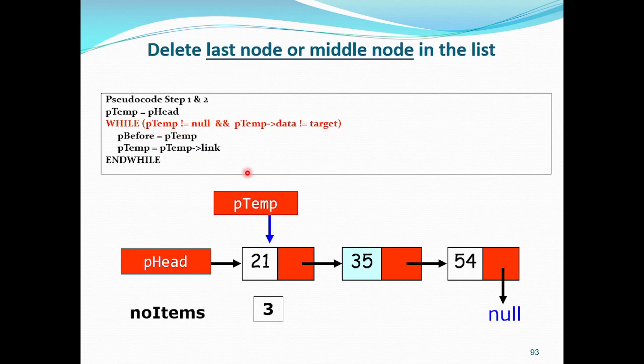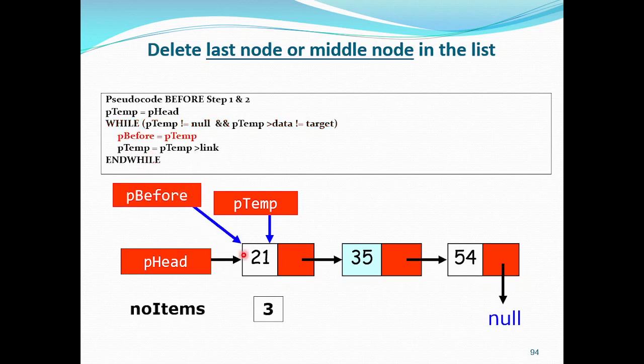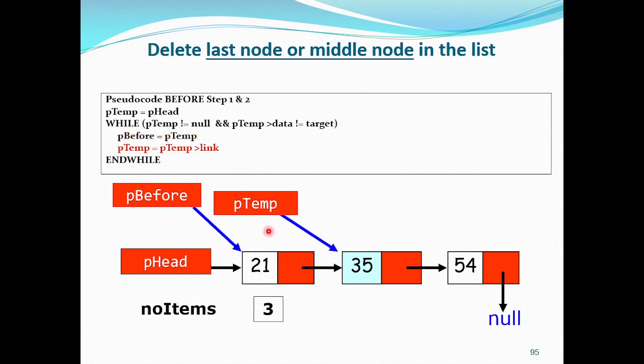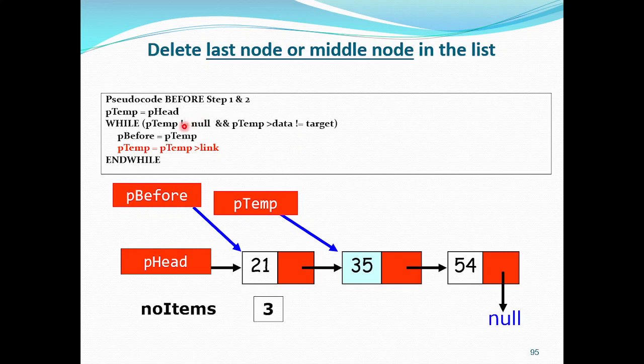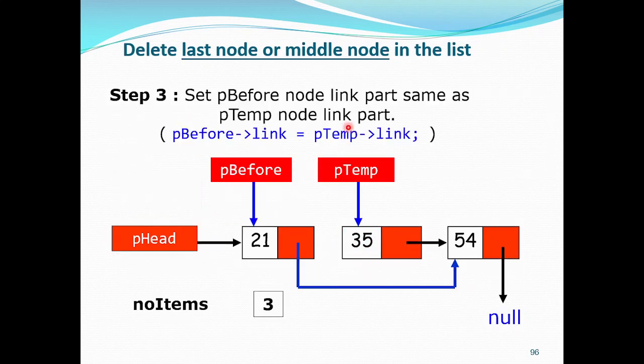loop. Okay, is ptemp not equal to null and ptemp data not equal to target? True, then it will set pbefore equal to ptemp, and ptemp moves to the next link, and continue the while loop. Is ptemp not equal to null and ptemp data not equal to target? False. So it will exit the loop, and then